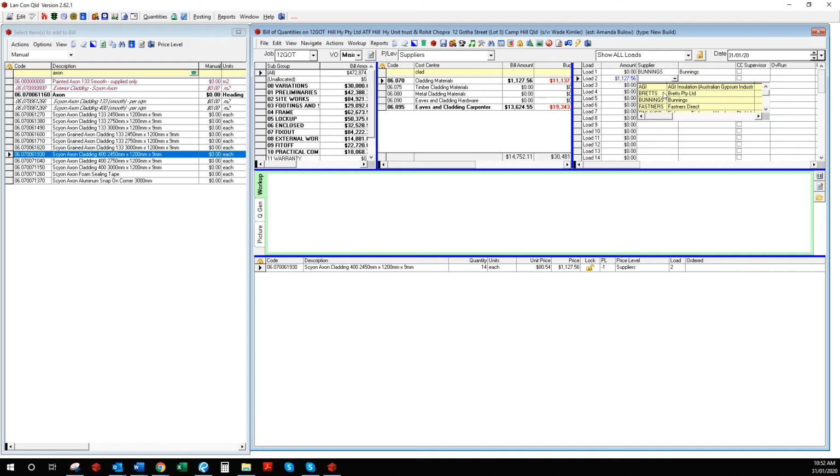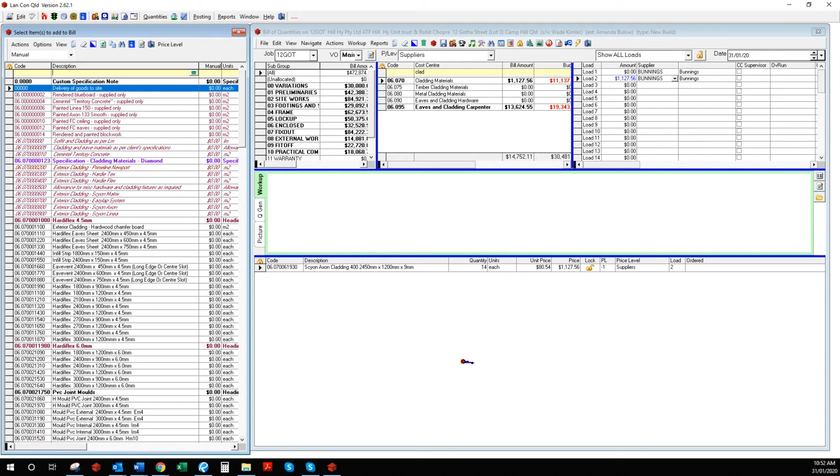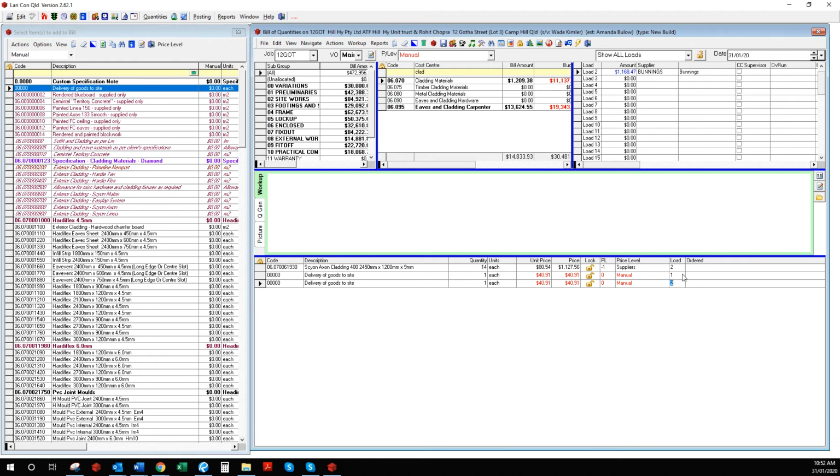So what I normally do is order the different materials for their different loads. When I have an upper floor, I'll order that on load 2 because that's the second delivery. And then this one is going to be lower floor delivery. And this one's going to be